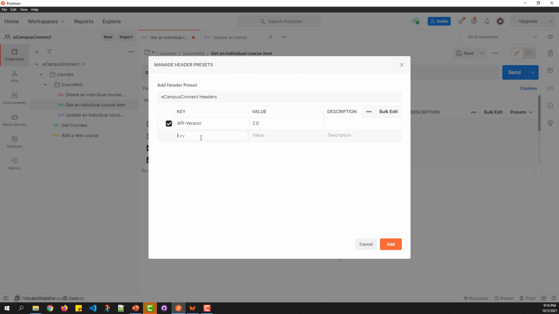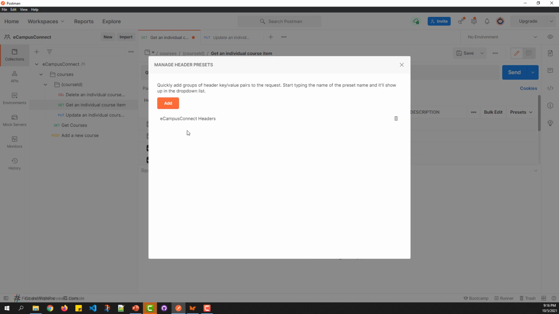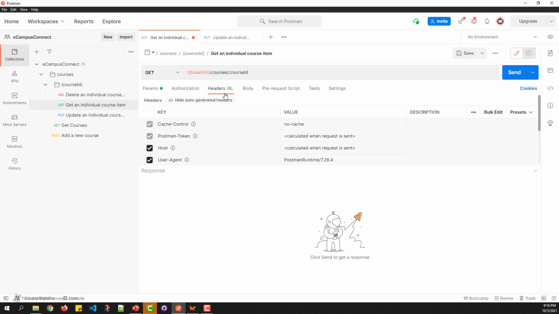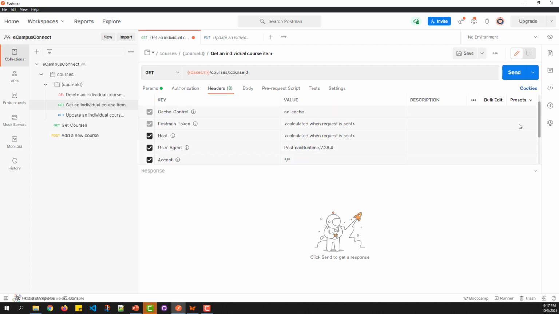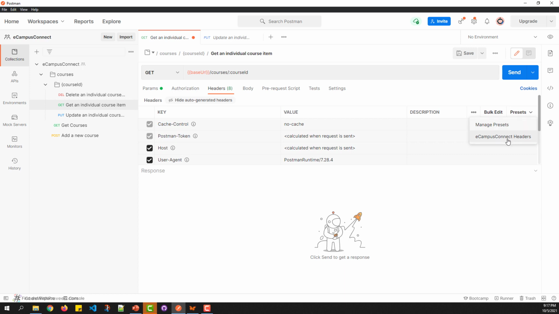And next you can have, say, sort by course name. In case the API request supports it, then this header will be used. Now once you have added this, you can click add. Then you see the new header preset has been added to your collection. Once you close this and go back to the header section, if you navigate to the bottom, we still don't have it added. To add the corresponding preset for the request, you need to go to the presets and then select the preset header that you have configured before.